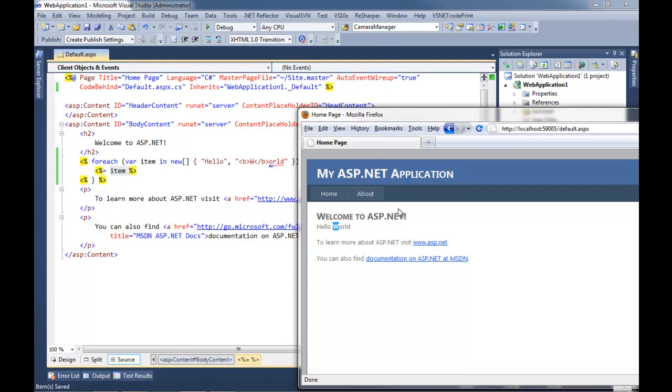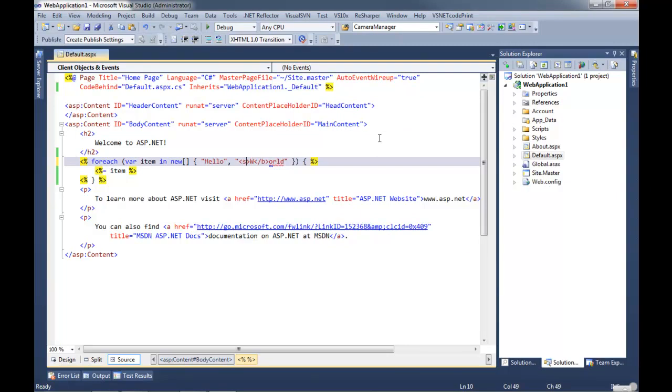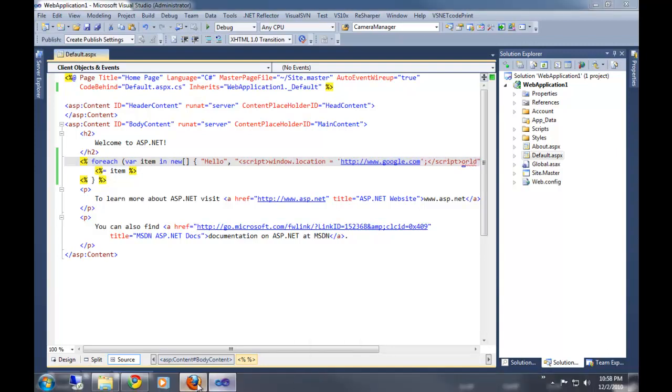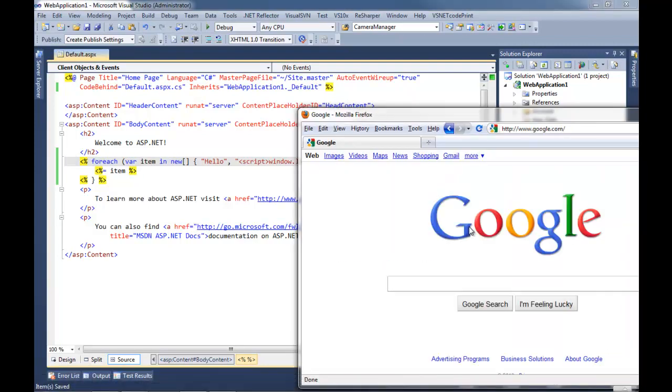How so? Imagine if this came from a database and that database was filled by a comment system on your forum. Okay. Yeah.